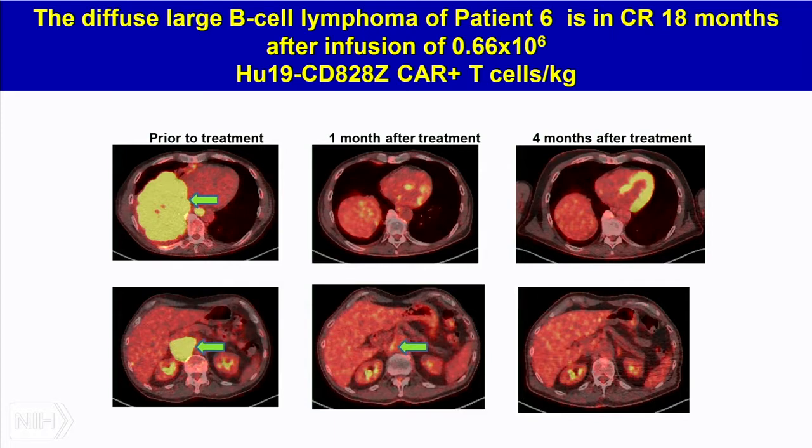This is an example of the activity of these T cells. This is a patient treated on the lowest dose level, patient 6. We gave him 0.66 million CAR T cells, and he had this large mass which was above his liver and also in his abdomen here, indicated by the green arrows. 1 month later, the mass above his liver was completely gone. There was still a little bit of residual activity in the abdomen, but then 4 months later, all the lymphoma activity was gone. He's in complete remission 18 months later. So there's certainly activity,